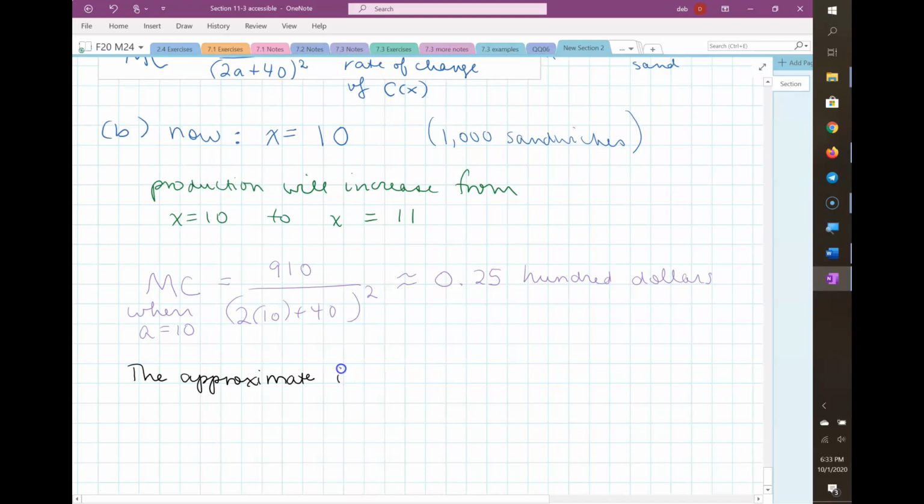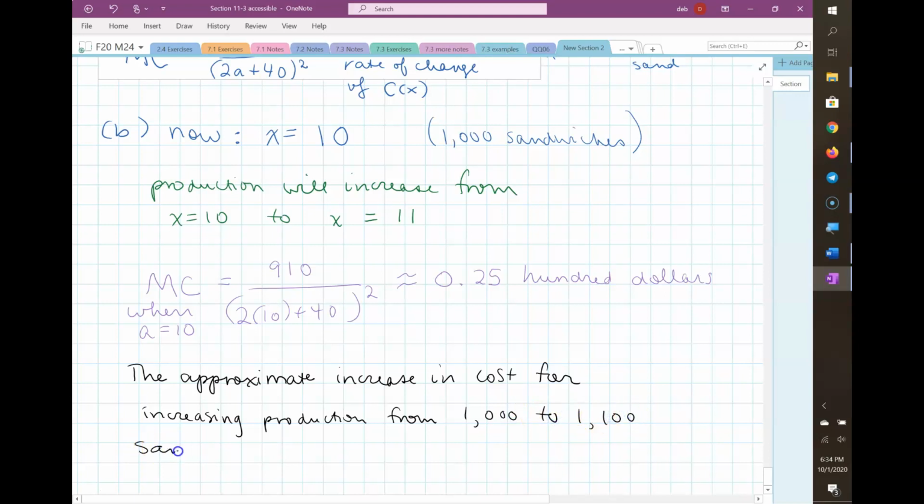The approximate increase in cost for increasing production from 1,000 to 1,100 sandwiches per week is $25, because